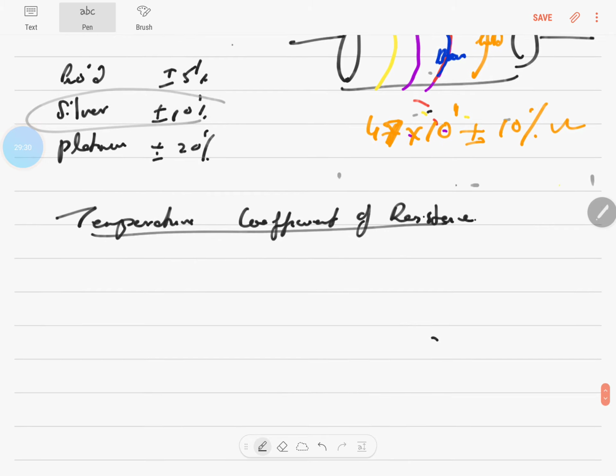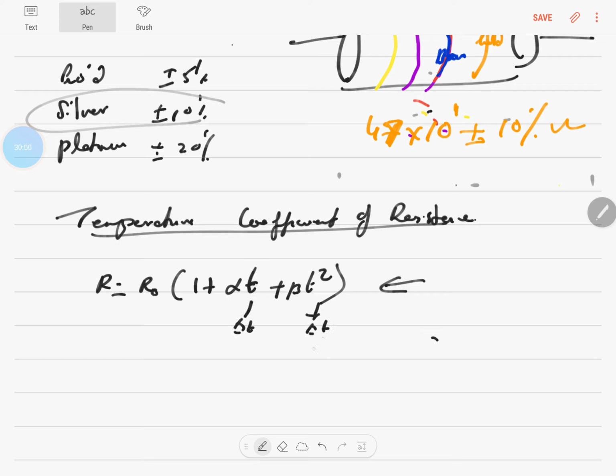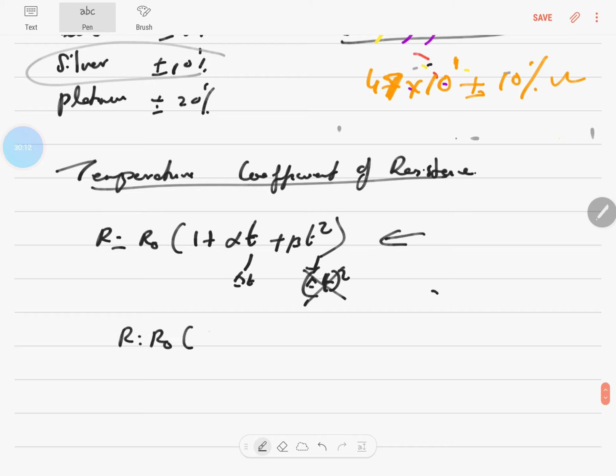As you know, as temperature increases, the resistance increases, right? Because it's given by the formula R = R0(1 + αT + βT²). Can you see a quadratic equation, T square and T, which shows that it's parabolic? As the temperature increases, the resistance increases, though not linearly. However, this T is actually a small change in temperature, delta T. For a change in temperature there's a change in the resistance. A fraction of temperature when squared can become negligible, so I can ignore it, which leaves me with R = R0(1 + αT),